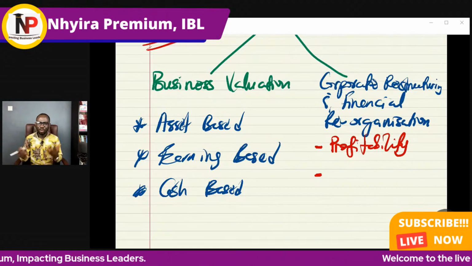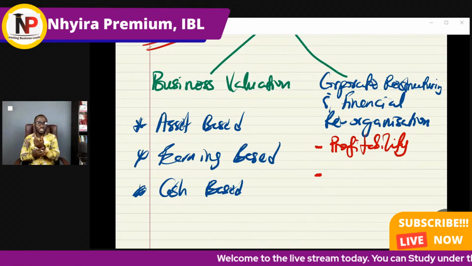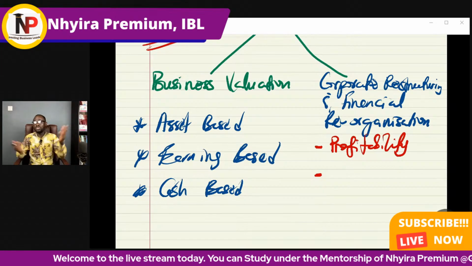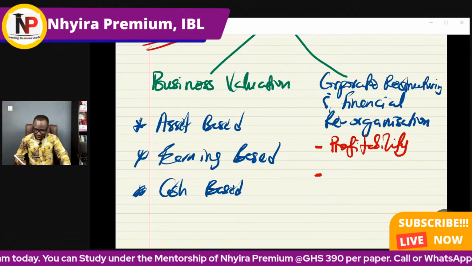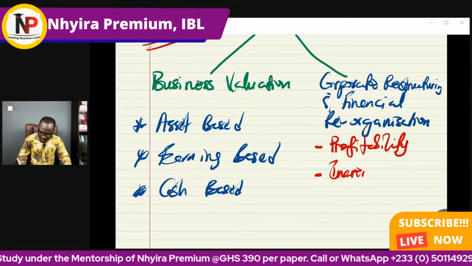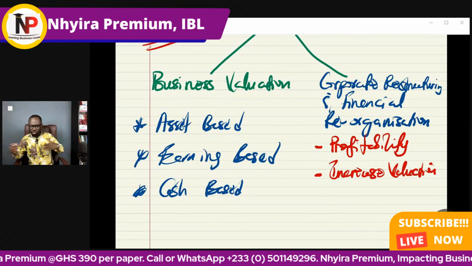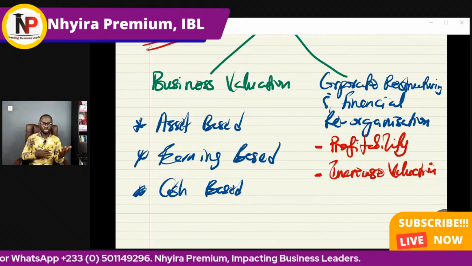So one of the things the company can do is that they are not in financial distress, but they just want to increase the value of the company and reduce any potential acquisition bids and all that. What a company can do is a financial reorganization to increase the value of the company for the shareholders in that case. So it is either we are in financial distress and we are looking for a way out to restructure the company,